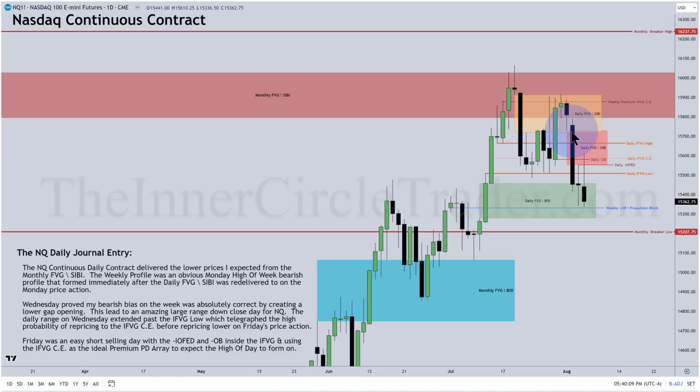Like what? We have a higher time frame monthly fair value gap. We went up and repriced to it. We went up to it one more time, halfway, consequent encroachment. And we also rebalanced this area here, because we went up into repricing it and then we left the range there. So now this is a balanced price range. And we have 1, 2 premium arrays supporting what? Lower prices. So as soon as we pierce through this low here,